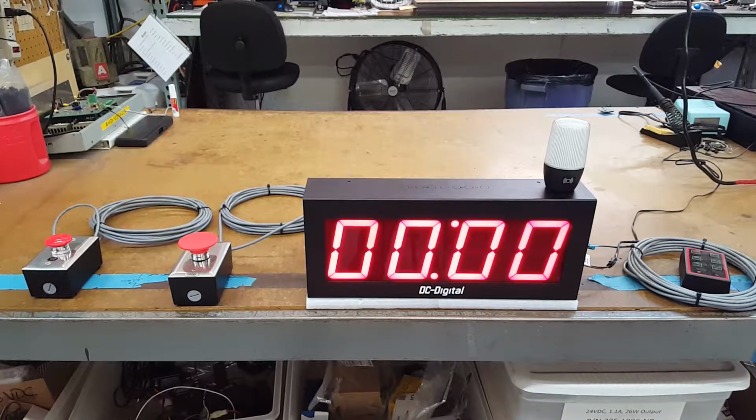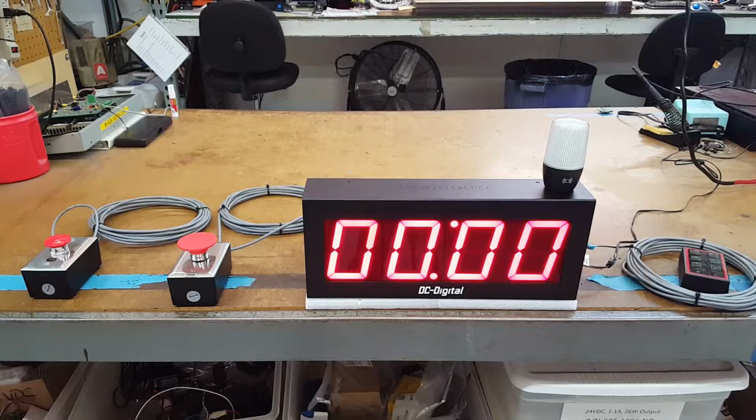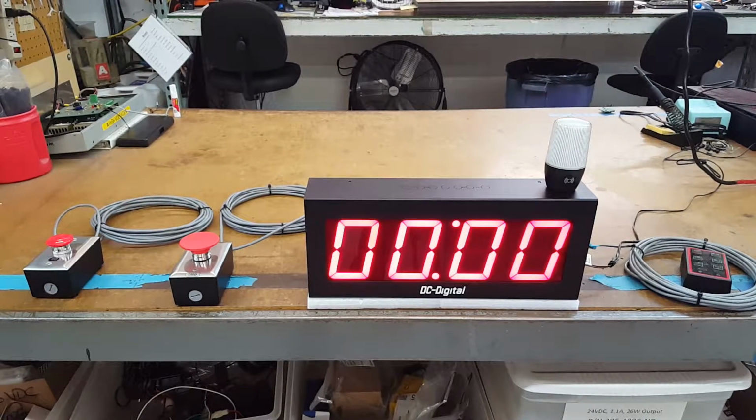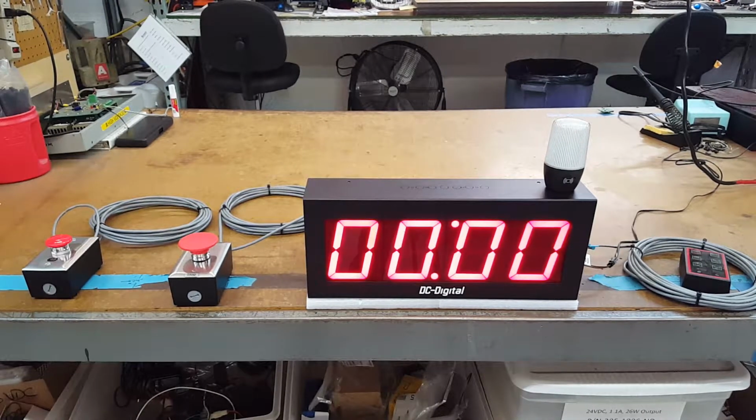So this is Jim and Ben with DC Digital, and today we're demonstrating a DC-40T-UP-TERM, and this has an Andon light, a multicolored Andon light attached to it, and a remote, wired remote